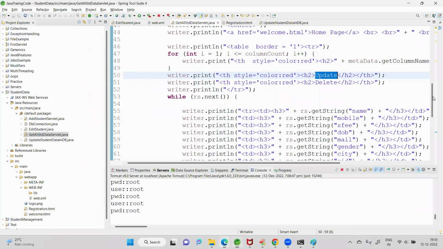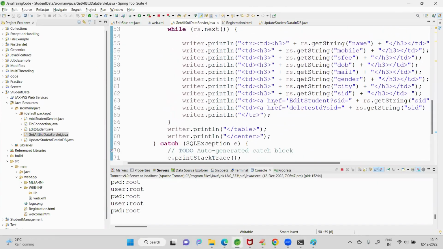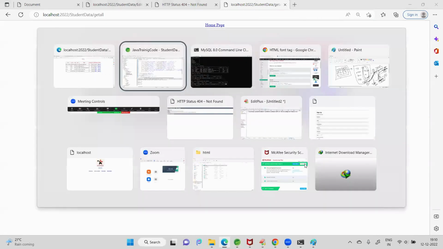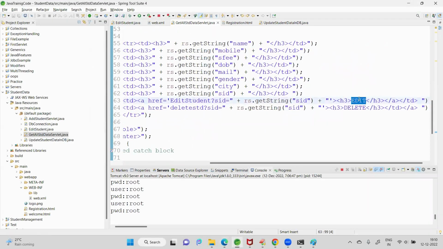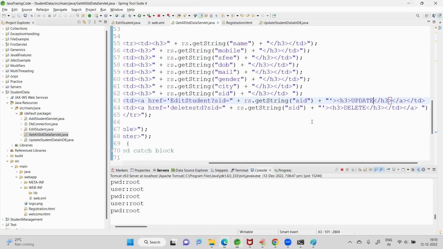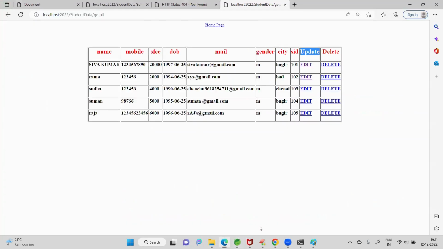Okay, not this one. Not this one. It is edit. This one. Okay. Update. Before, edit was here, this one updated. You need to update here also. Hyperlink. Okay, this is hyperlink. Update here in the place of edit. Update. Refresh. It is updated. Okay. Next,